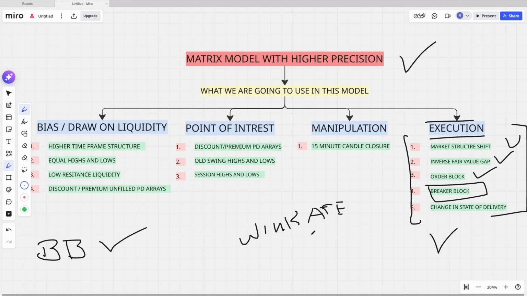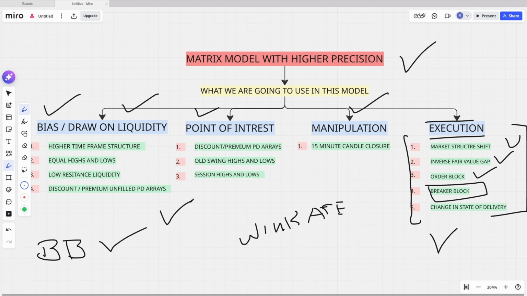In this video, I will show you exactly how to use breaker blocks within the matrix model to improve both win rate and precision. By combining breaker blocks with the earlier steps of the model, such as bias, draw on liquidity, point of interest, and manipulation confirmation, the overall quality of the setup improves significantly. That covers the explanation for now. With the concepts clearly defined, let us move on to the charts and break everything down step by step